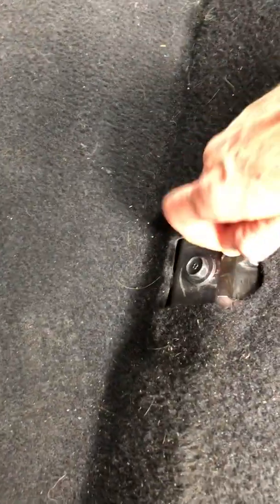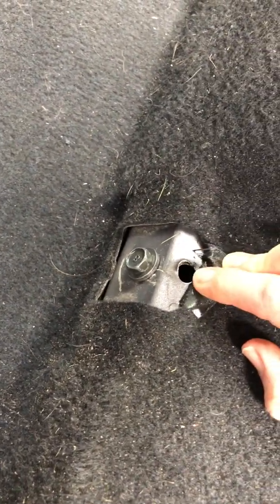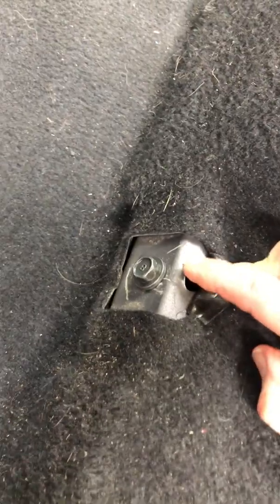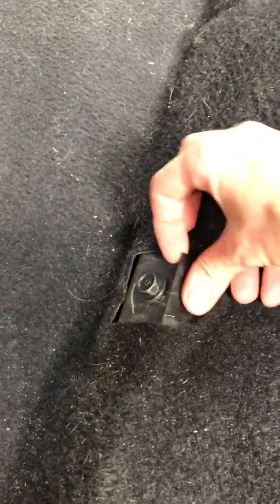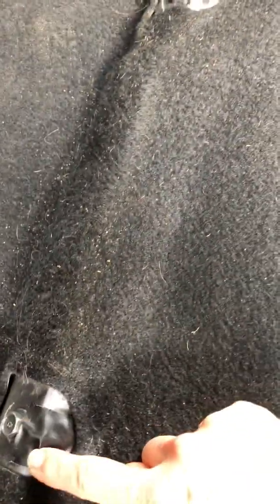So now I have the seat out, and this is where the pin went in. As you see, I was trying to tilt it like the Toyota Sienna right here, and I did bend a little bit, I think, of the metal on the chassis there,